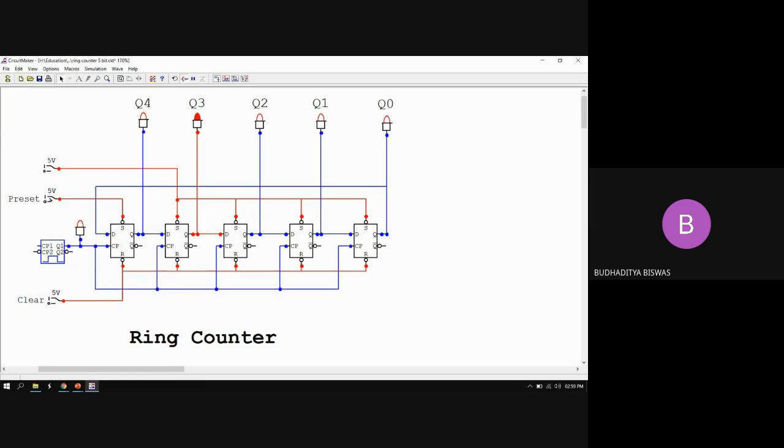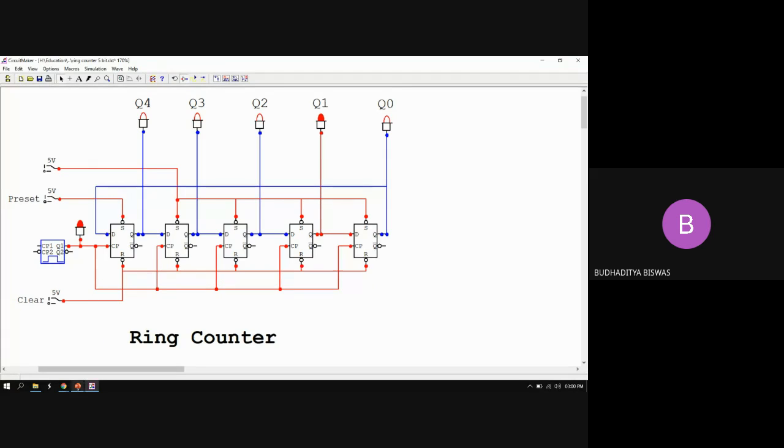This is called the one shot, as if you are shooting one bullet that will store a 1 inside a flip-flop, and then the 1 circulates. But the 1 is not pre-loaded. You have to put it inside the flip-flop using a shot. Shot means you need to give a very quick pulse, otherwise more 1s will be stored, and if more 1s are stored, then that value circulates, not the single 1. So this is called the ring counter.